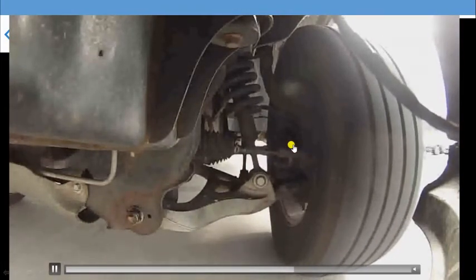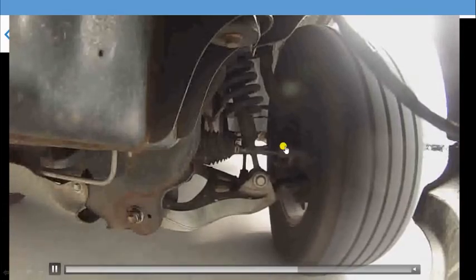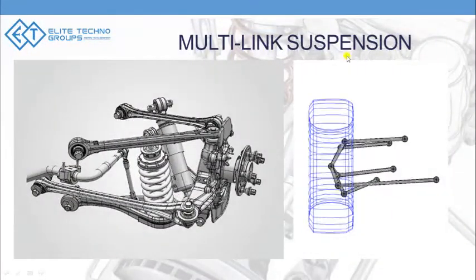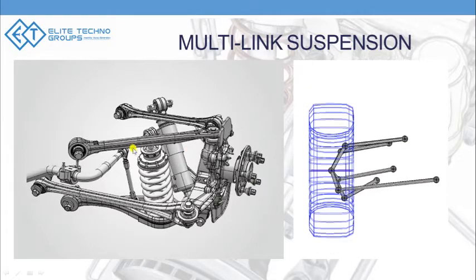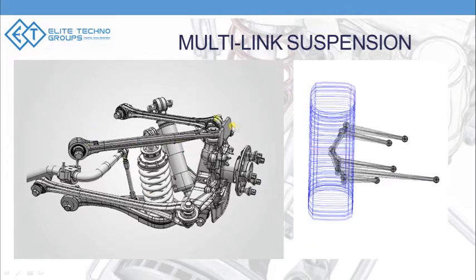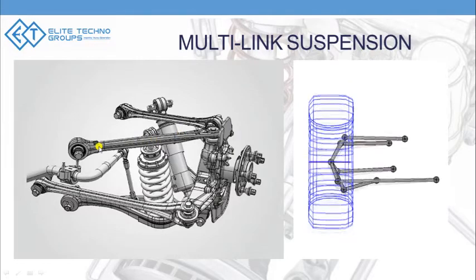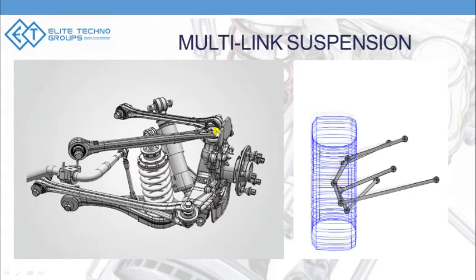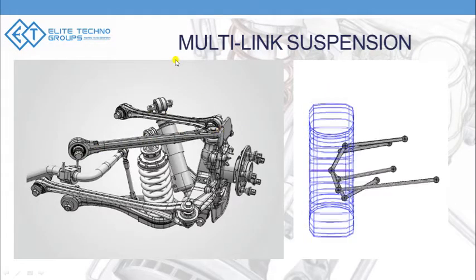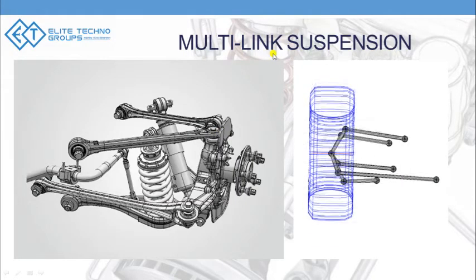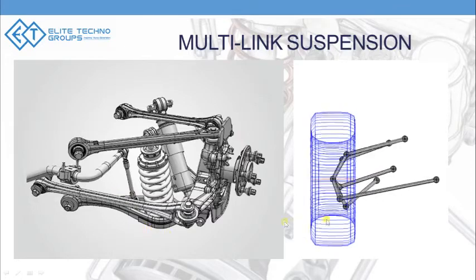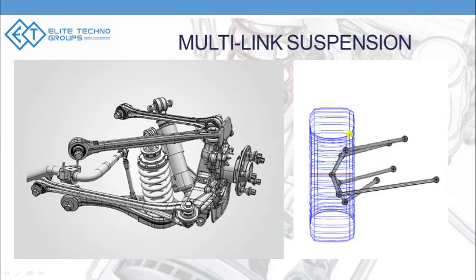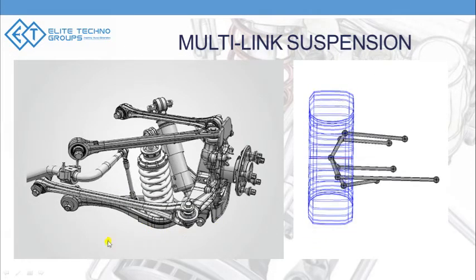So the third type of suspension is going to be multi-link suspension. The multi-link suspension is very similar to a double wishbone, but instead of having one A arm, one control arm on the top, it has what we call individual links. That's the reason the name came to be multi-link. So you have about 4 to 5 links to absorb the road irregularities and get better dynamics.